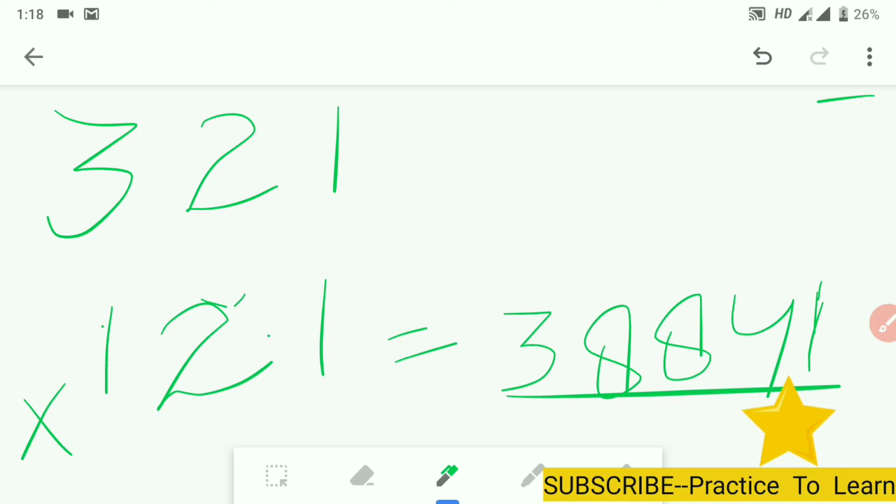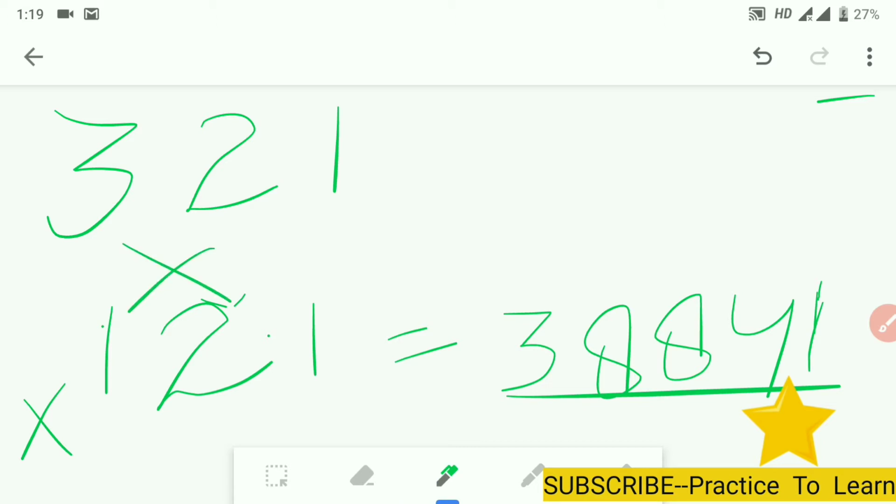I'll be doing it step by step. This will be done in 5 steps. In the very first step, we'll multiply the number at the ones place with the number at the ones place. In the second step, we will cross multiply the numbers at the tens place with the number at the ones place, this way. In the very third step, I will be multiplying the number at the hundreds place, this way. It's 1 here. This would be the third step, and in the fourth step I will be multiplying the numbers like this way.